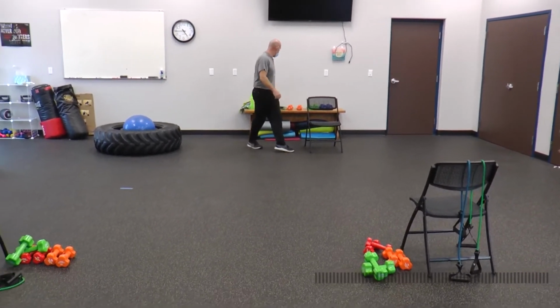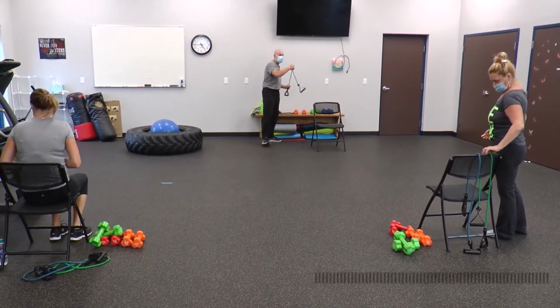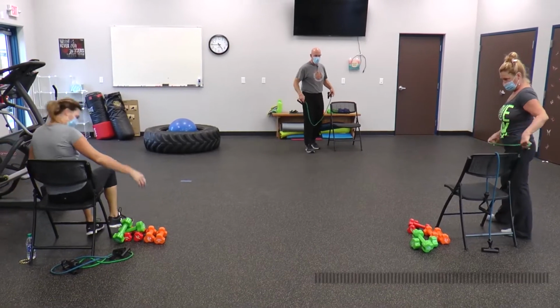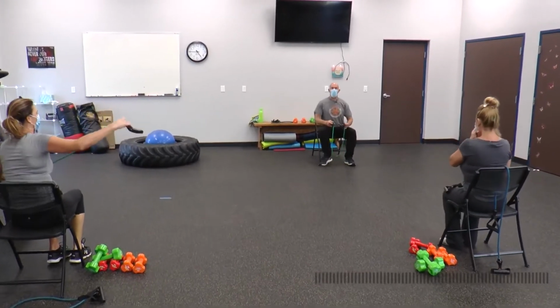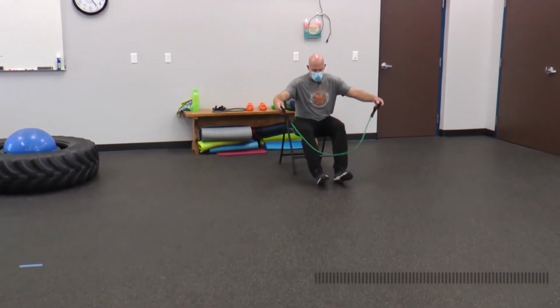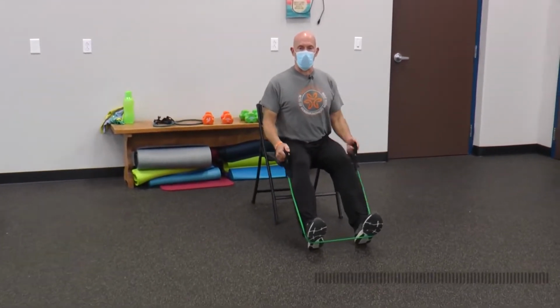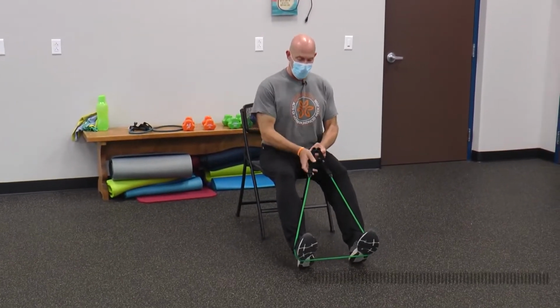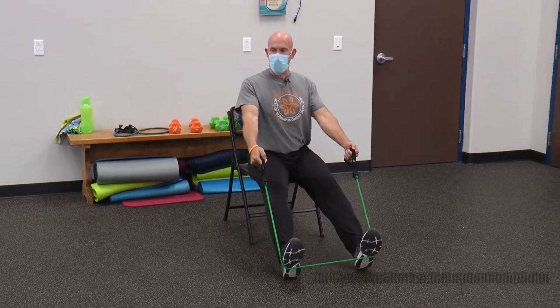And we're actually going to have a seat, and we're going to grab onto our resistance band. We're going to go through a few resistance exercises. We're going to work our back muscles first. So we're going to wrap the band around our feet, sitting up nice and tall, engaging our core. That's protecting our low back. We're going to have our elbows straight out in front,